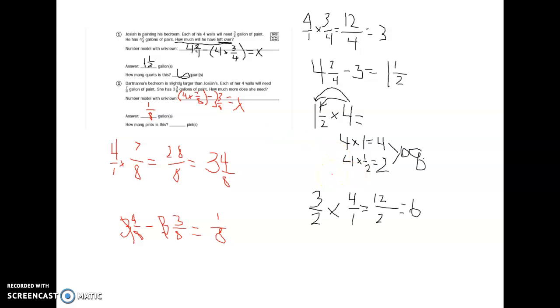So now we need to figure out how many pints that's going to be. So we know that there are 4 quarts in a gallon, like we talked about last time, and there are 2 pints in a quart. So that would make 8 pints in 1 gallon. So I'm going to have to multiply my 1/8 gallons times 8,